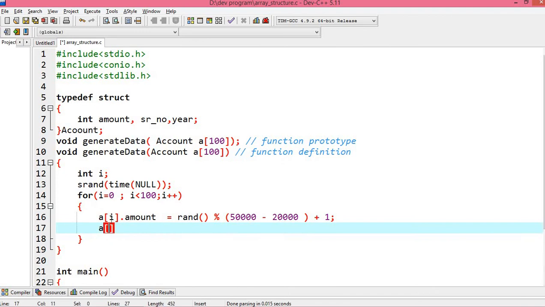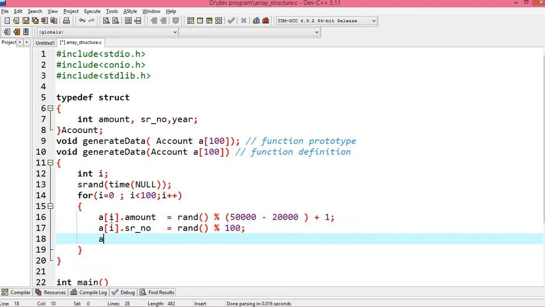After that, a of i dot serial number, it should be random modulo 100. Then a of i dot year, so it is random modulo, let me put it as 10. That's it.